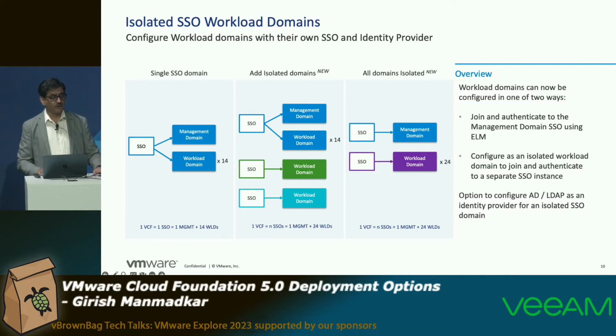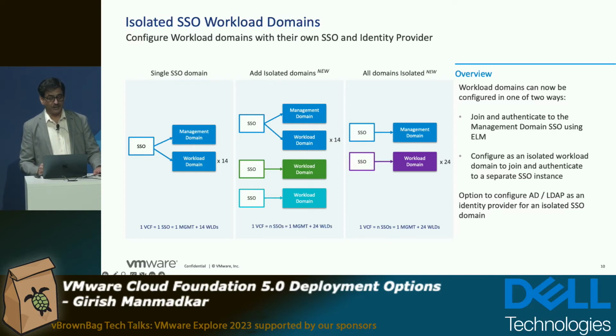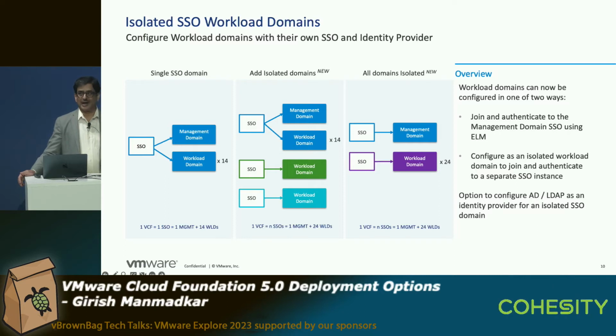So this is a new feature that was launched officially in VCF 5. It allows you to really go wide and scale your architecture beyond 14 workload domains. You can go up to 25 and up to 1,000 hosts. Again, these are typically soft limits. If you have a need to scale beyond that, we will work with you to make sure that you have